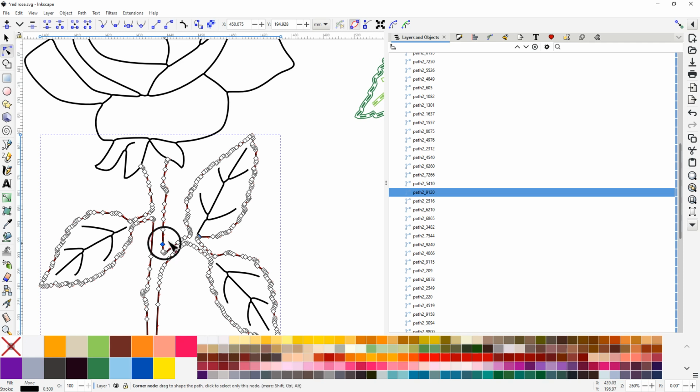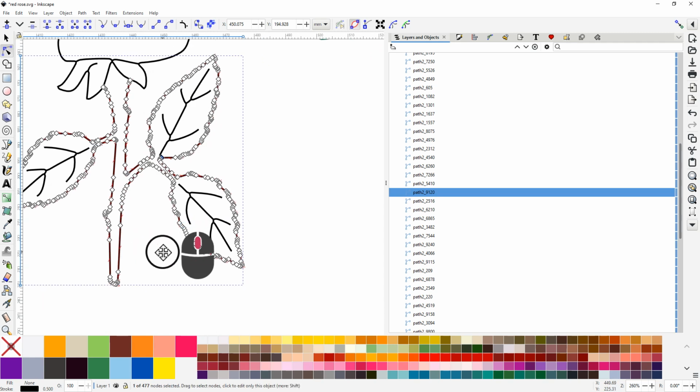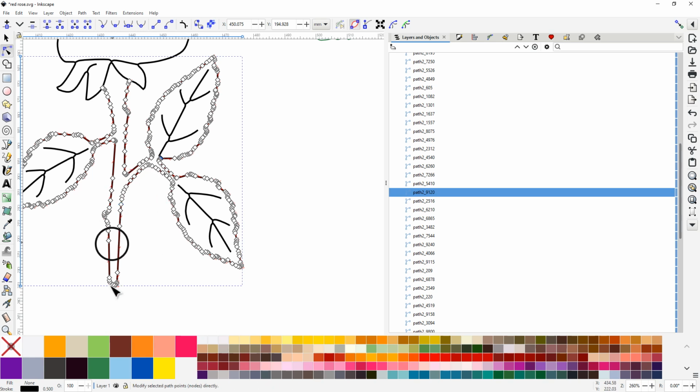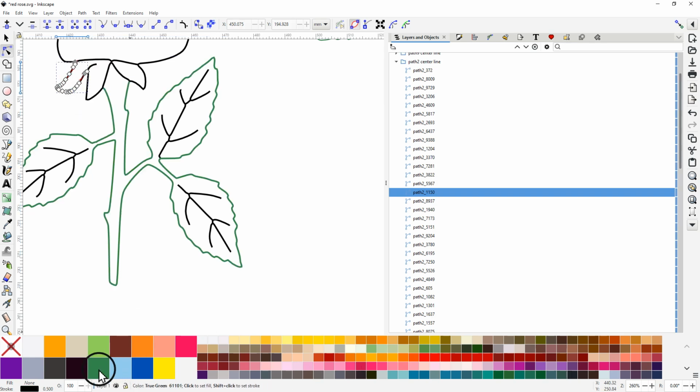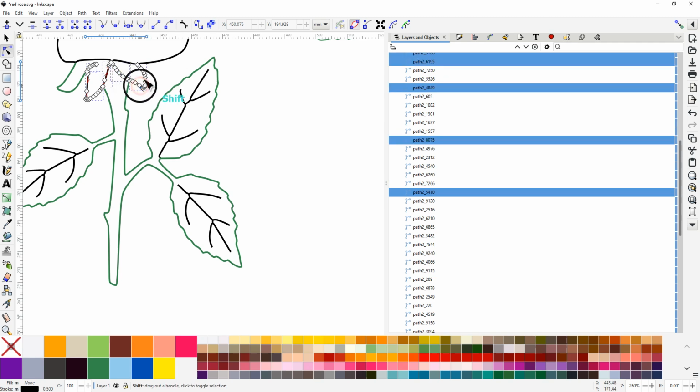Okay, so in that way there are a few adjustments being made. Then what I did is I changed the color. So I selected this one, gave this one a dark green stroke, and I wanted this one a dark green stroke, and this one. So we can hold down the shift key to select which ones we want to change to specific colors,